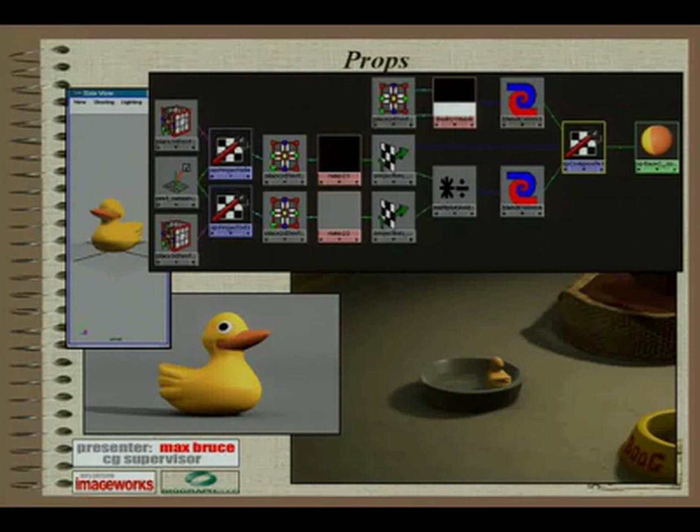So we created this set of tools called Shader Machine, which was leveraged off of Maya's shading network node graph to allow look dev artists to easily build editable shading networks and then write those shading networks out into RenderMan shaders. So yes, it's a little bit like Slim for those who know, but